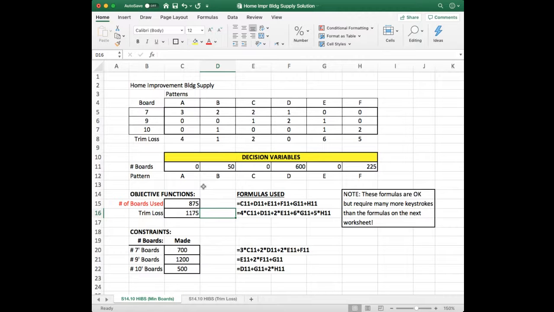Now what I want to say is I'm going to go through quickly and show you the solution on the next worksheet for trim loss. And what you'll want to know is, again, this doesn't show up, but if you go to your Excel ribbon and you go to edit, or you right click on the